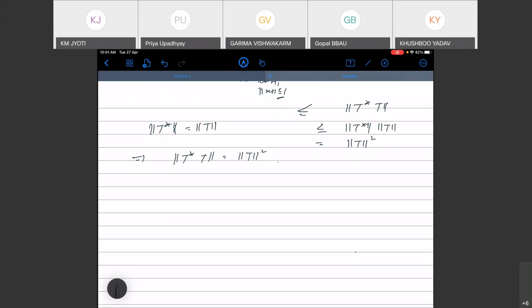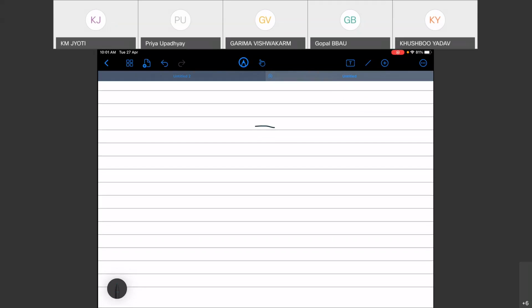so this means if t star t is 0, implies t is 0. Why? Because this 0 means norm t square is 0. Norm t square 0 means norm t is 0. And norm of something is 0 means that. Okay, so this was